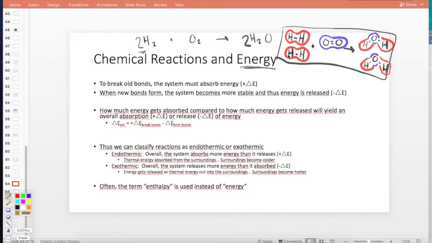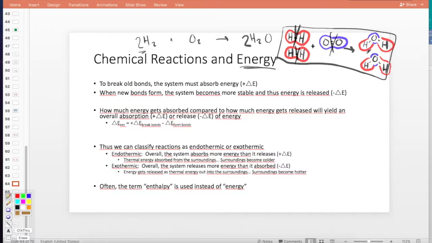Well, how did this occur? Well, I hope you remember that in order for this to occur, two things have to happen. The old chemical bonds have got to break. I have got to break apart those hydrogen atoms. I've got to break apart the oxygen atoms. Then the atoms can rearrange themselves, reshuffle themselves, reorganize themselves, and form new bonds. Two hydrogen atoms will bond with an oxygen atom. The other two hydrogen atoms will bond with the other oxygen atom to form these two brand new chemical compounds